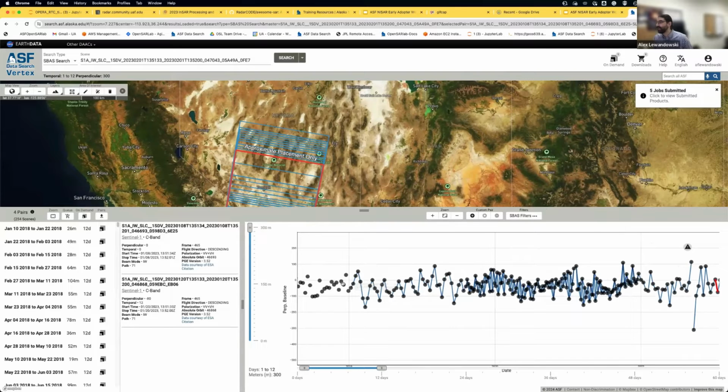And so when talking about a small baseline time series, there are 2 baselines. It's the temporal baseline and the perpendicular baseline. And so the temporal baseline refers to how long of a time elapsed between the acquisition of the reference scene and the secondary scene. And so you can adjust that with this little bar here. You'll notice that as I adjust this, if I increase the allowable limits on the temporal baseline, I get a much